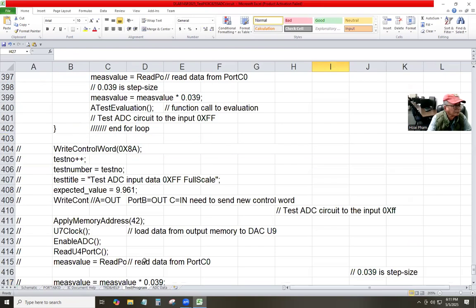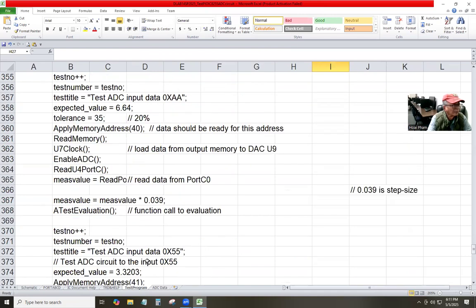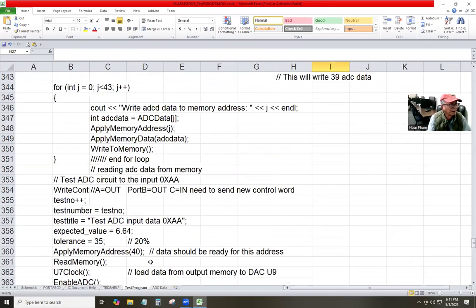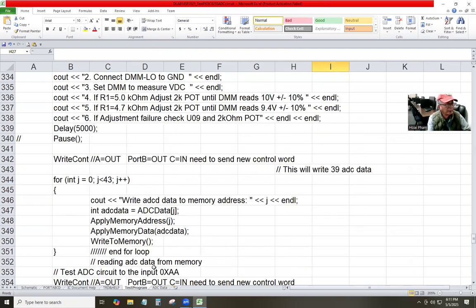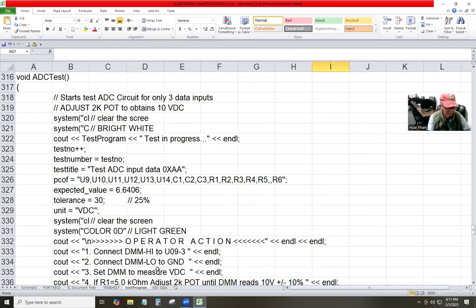That's what I'm talking about. Okay, this is a function for the ADC test. So for me, this one, you just use that. Only thing is